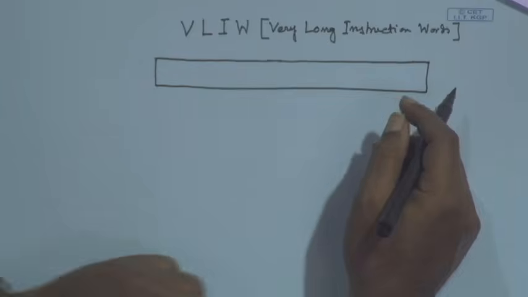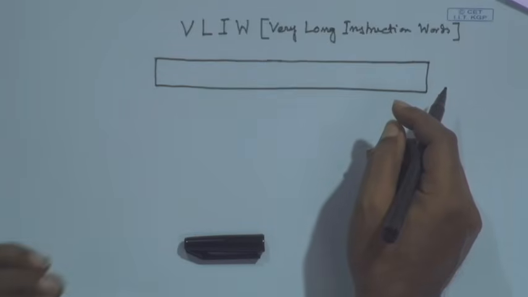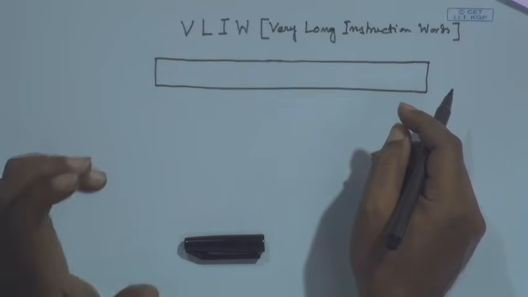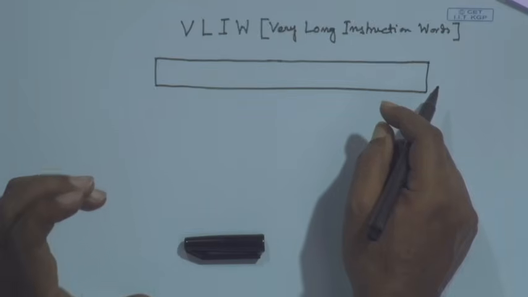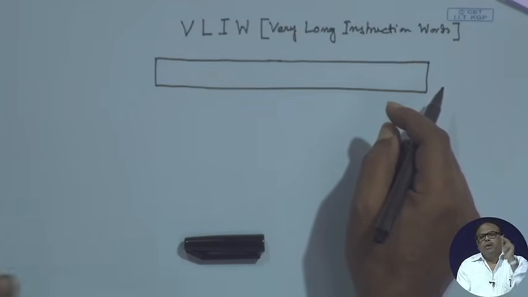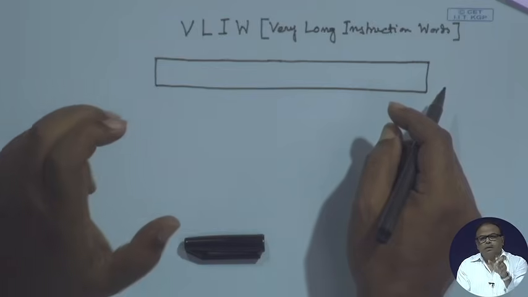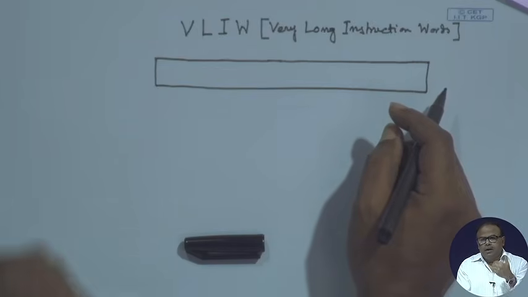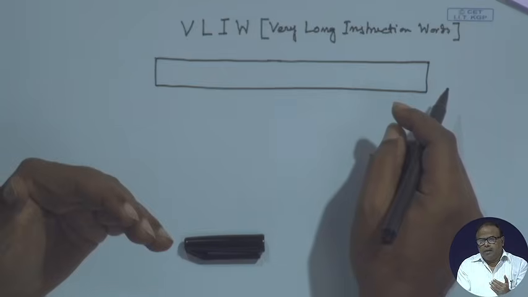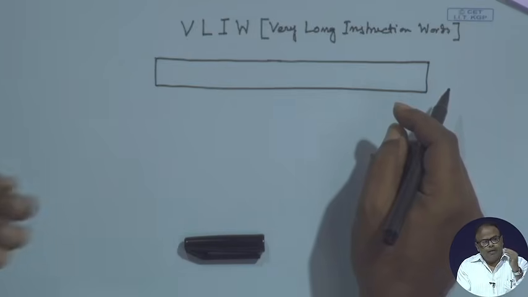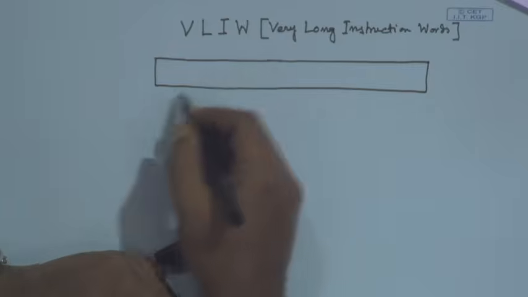You know that the instructions are kept in the memory and the program counter points to a particular memory location, and that particular instruction is fetched, decoded, executed. Now, when it is being fetched, instead of fetching one instruction, if I can have 4 instructions taken at a time,